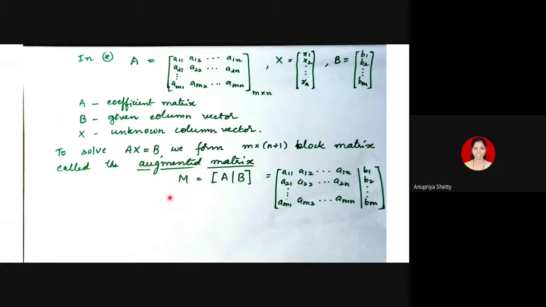Keep this in mind. After applying a finite number of steps, somewhere you'll stop. You apply a finite number of elementary row operations. Say I have applied 10 row operations, but each of them is equivalent to multiplying on the left by an elementary matrix of the respective type. So I would have multiplied this matrix M on the left by 10 elementary matrices, E1, then E2, E3, etc.